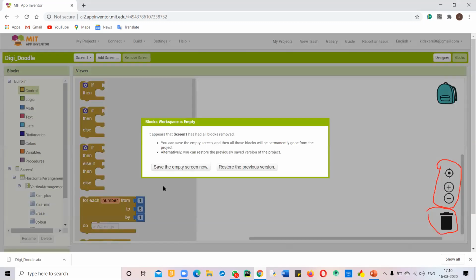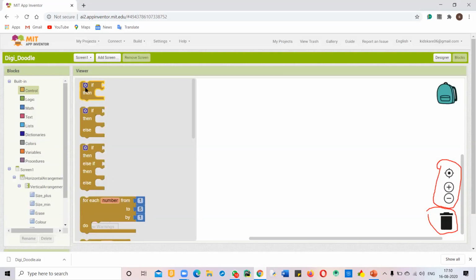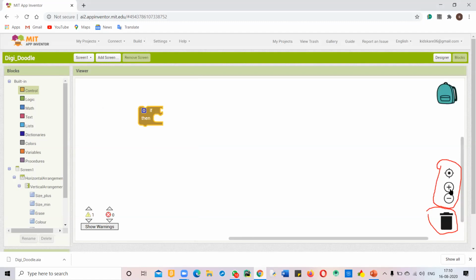And if you have many blocks, you can use this minus button to decrease the size of the blocks to see all the blocks at once. If you want to maximize again, you can click on this plus button.